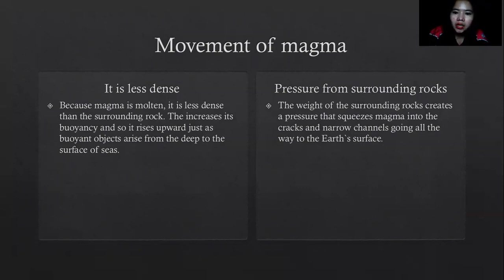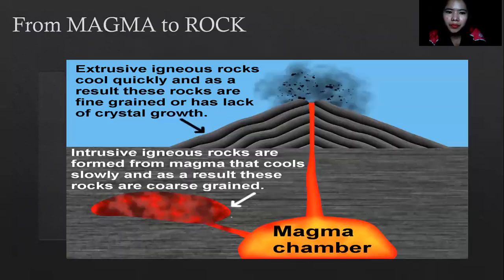So that is magma. So the weight of surrounding rocks creates a pressure. So because of the surrounding rocks, dahil sa pressure na na-create niya, it squeezes the magma into the cracks. So ito yung nangyayari, nagkakaroon ng channel going all the way to the Earth's surface. So because of the surrounding rock, kaya mas lalong umiinit yung material inside. So mas lalong nagkakaroon ng consistency of melting. Magma chamber. Because of the surrounding, muinit siya nga muinit, ang ending, erupted siya.